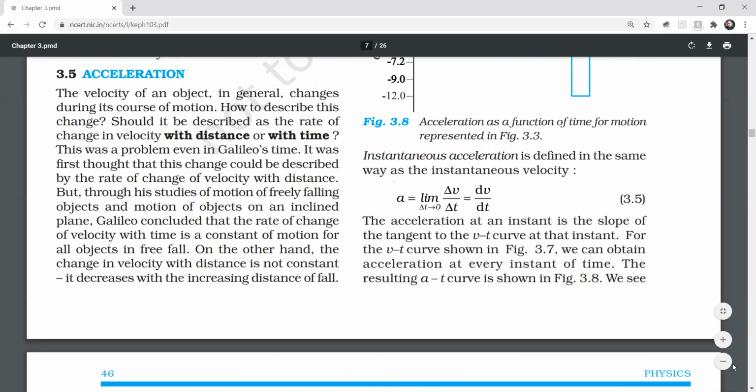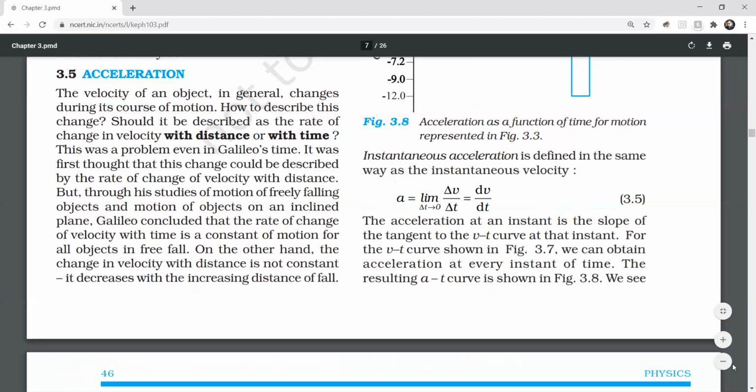So here it talks about how the velocity of an object changes during the course of its motion. So how exactly, when you are in motion, the velocity of an object doesn't remain constant, it keeps on changing. So how do you actually understand it? Do you understand the change of velocity with distance or with time? Because if you have increased the velocity, the distance covered would be more. And also if you have increased the velocity, the distance covered in a particular time would also be different. So how do we actually calculate acceleration? Today we know that we calculate acceleration by understanding by how much more the speed is increasing.